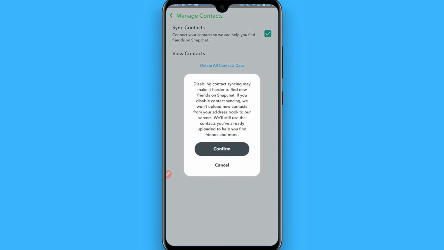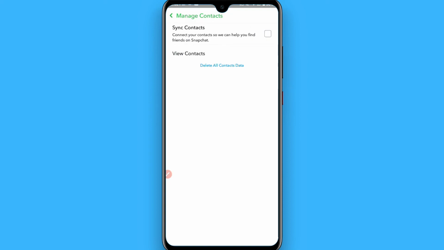So once you do it, now the synchronization of the contacts with your Snapchat is turned off. So this is the way to turn off your contact